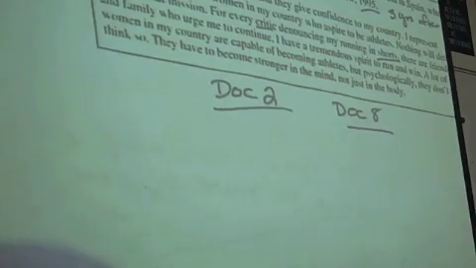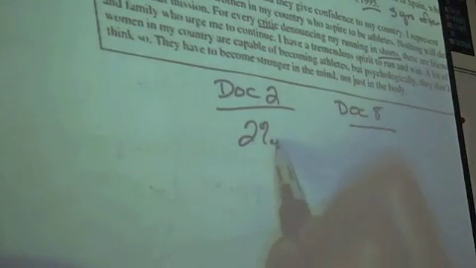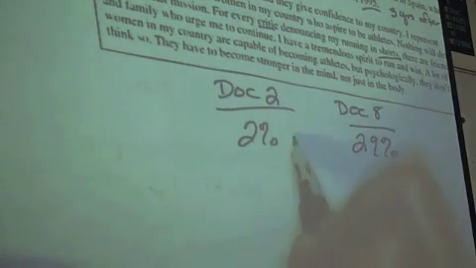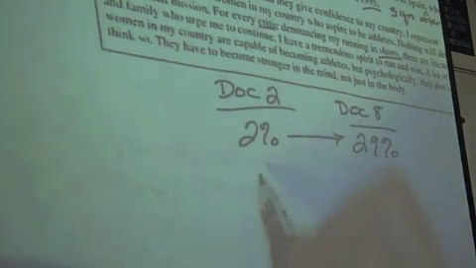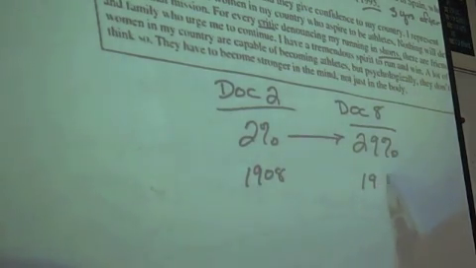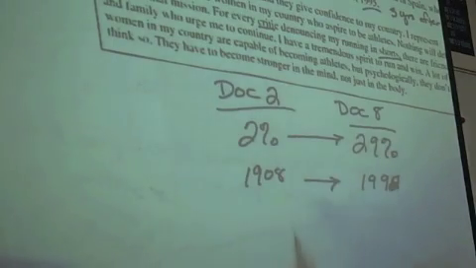So I want you to go like this: Doc 2, Doc 8. Doc 2, again, newspaper is one of our things. What did the newspaper say in Doc 2? How many women were there? 2%. And how many women for this one? 29%. Okay, what was the year? 1908. This is 1992. Oh, I'm so sorry. It's 1992 for the games, though, right? Mm-hmm. Okay, and then,